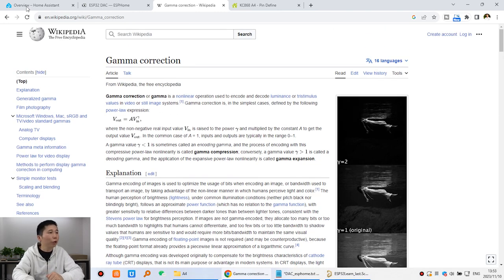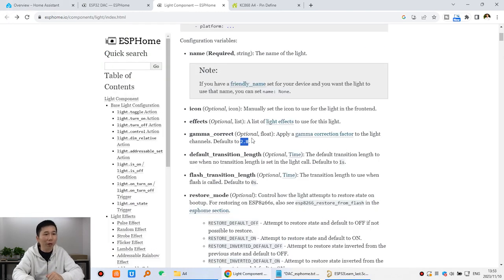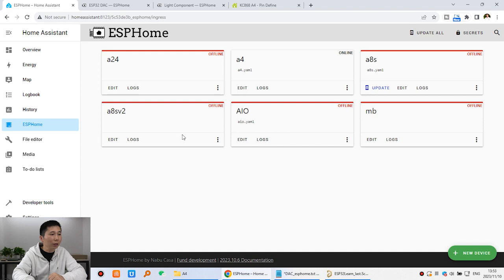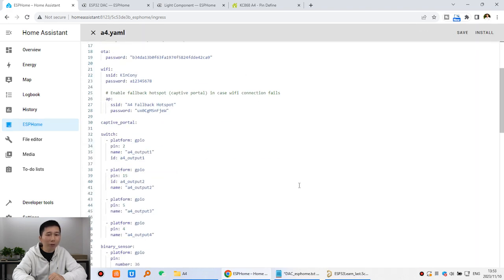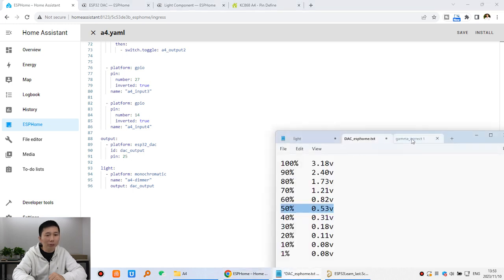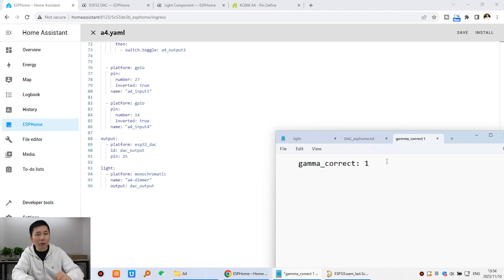You need to change this value from 2.8 to 1, so that is original. So you can see here in ESPHome, click edit this YAML file, and at this option you need to add this code, gamma correct 1. So I can copy